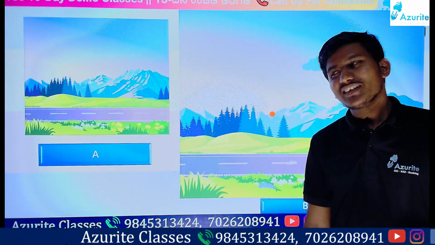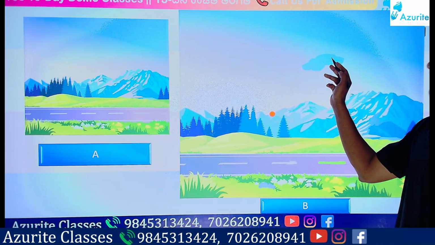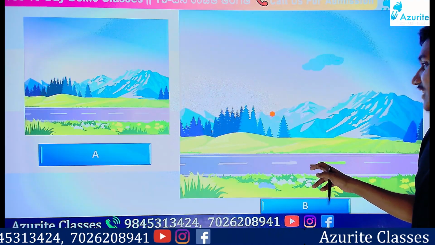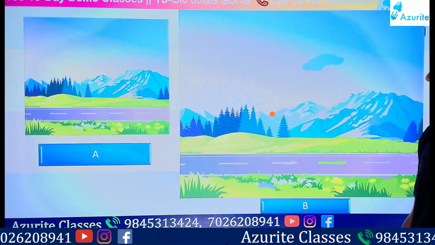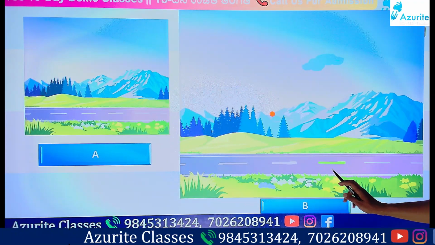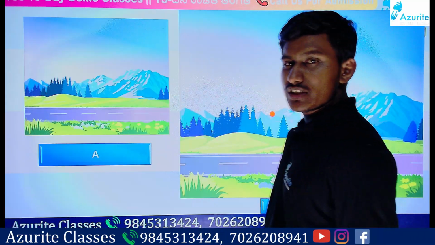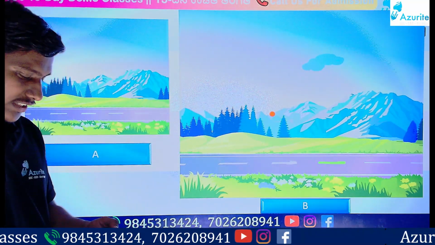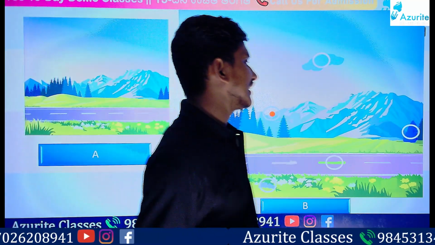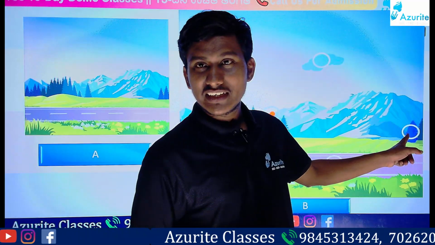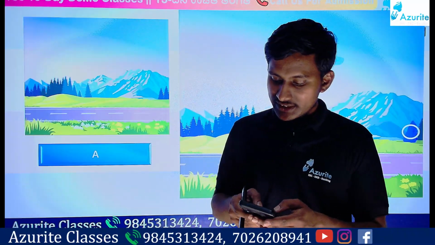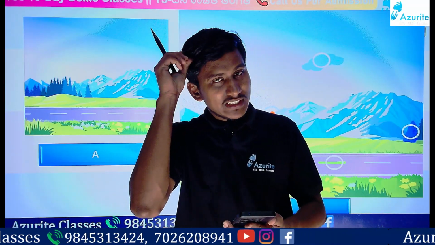So many things you told. Okay. So sun is not there. Cloud is not there, like that. So this flower is different here, right? And this green patch on the road, right? So these are the different things, isn't it? I hope you got it. And there is a mountain, and the tree is a different color, right? So those are the different things, so that is how you should be able to easily identify.